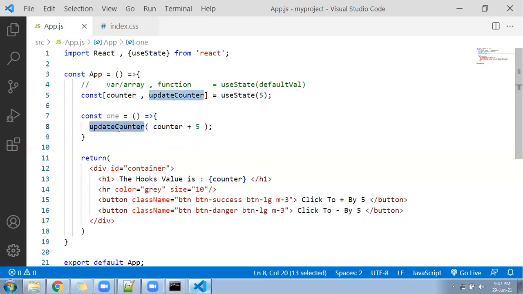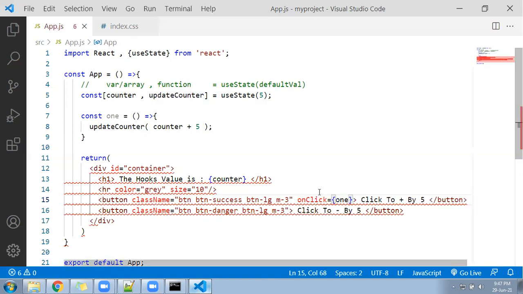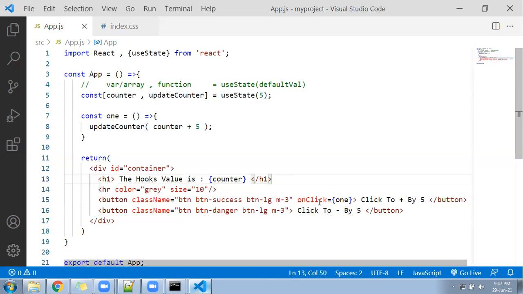Now look at here. We have function1. I will try to call function1 here. Simple. The onClick event will call function1. That's all. So on click, I'm going to call function1. What will function1 do? It will call the hooks function updateCounter, and into updateCounter we are passing counter plus 5. So what is the original value of counter? By default it is 5. To that 5 will get added, and as soon as you update the value in the state, the return will re-render and give the updated value.